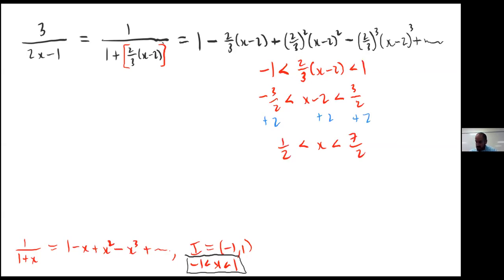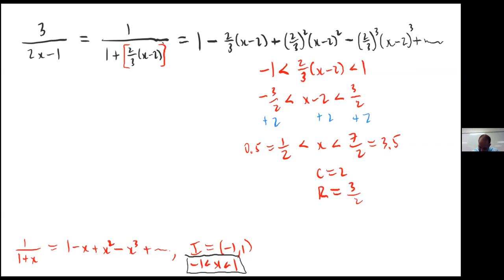Okay. So by the way, this is like 0.5, and this of course is, what is that, 3.5? What is right in the middle of that interval? What's right in the middle of that interval, as it should be? 2, yeah? And what is the radius of convergence? So the center here is 2. What is the radius of convergence? What's that? 1.5, 3/2,